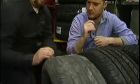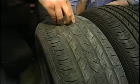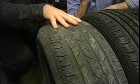So why would there be such a difference in the wear even just on this one tire, the 4 compared to the 2? This tire, probably being at 2/32nds and 4 on the outside, is an inflation issue where they've had too much tire pressure. Oh, interesting. So it's just not monitoring their pressures carefully. All right, which we talked about a little bit earlier on, and I want to revisit that shortly, but first